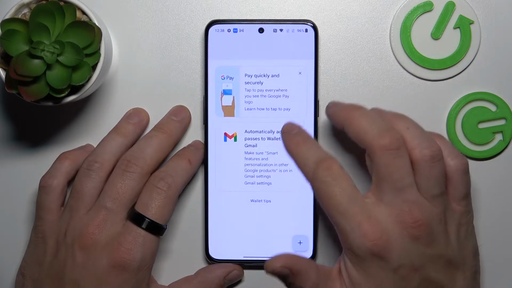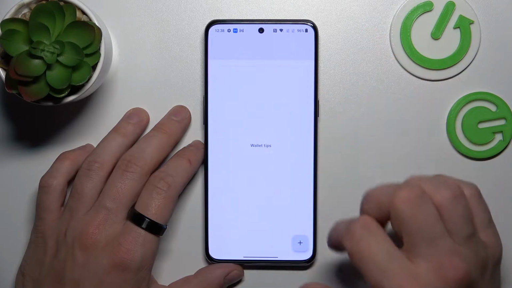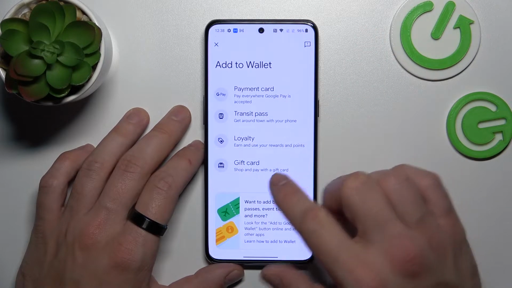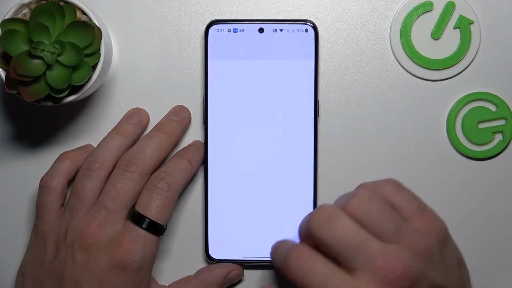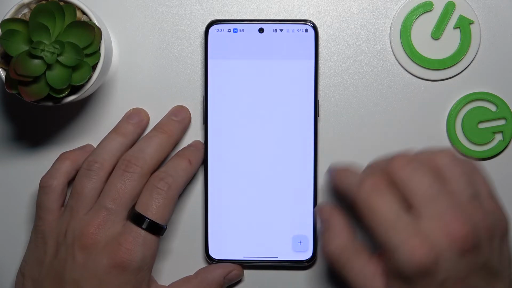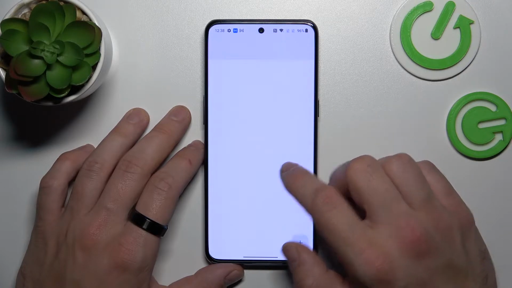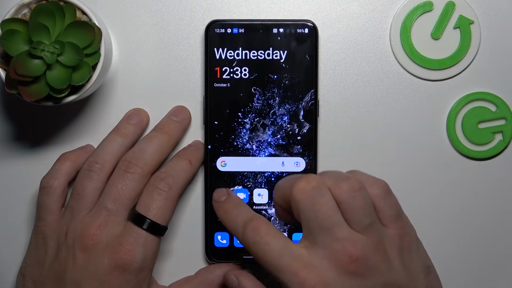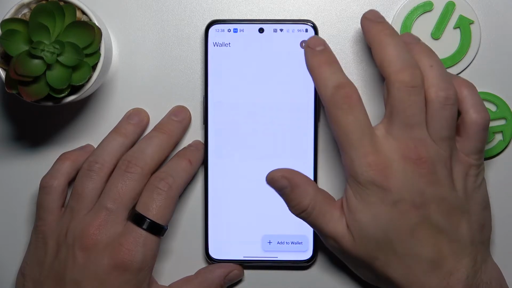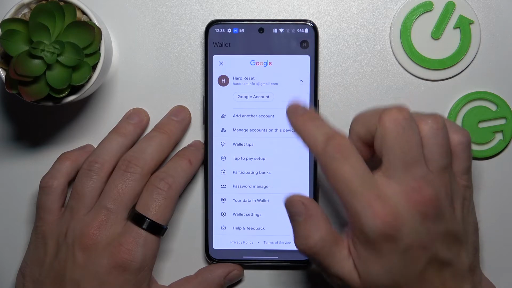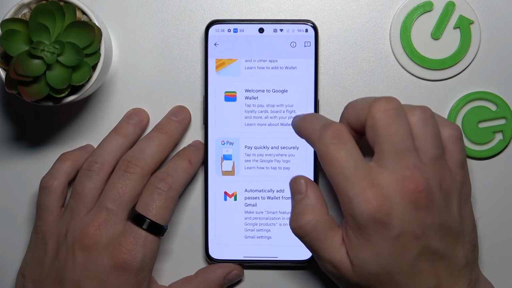Check quick tips. And add passes like transit pass, loyalty and gift card. Next you can go to menu, and from here you've got access to your Google accounts, all wallet tips,